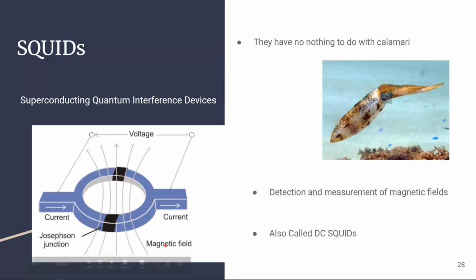So here in this picture, we have 2 Josephson junctions connected in parallel. And when we apply a magnetic field through this loop, we will observe a phase change in the junctions, and the currents going up here and down here will interfere with each other, hence the name of the device, and they will create maxima and minima for the current. And we will find the current by measuring, for example, voltage across the device, and then deduce the magnetic field applied. Of course, while providing high precision,